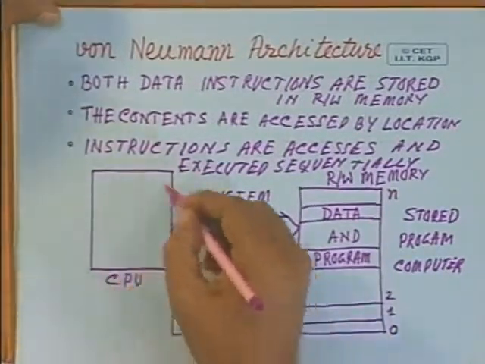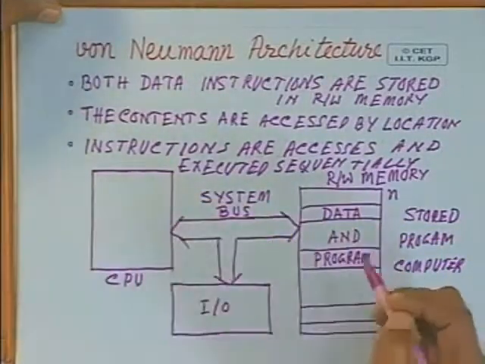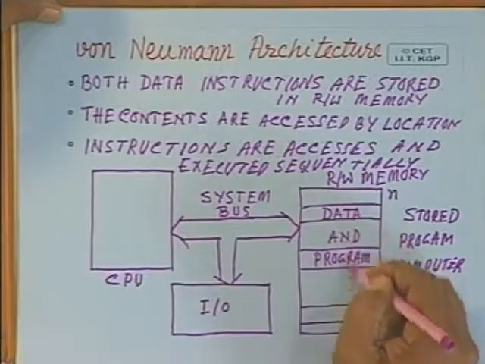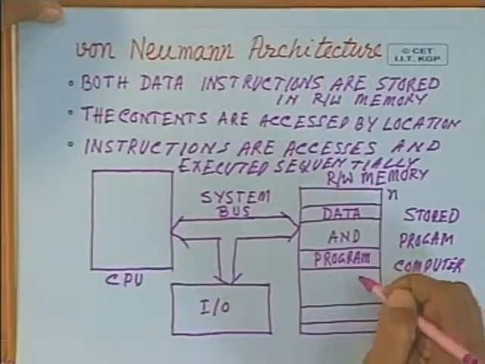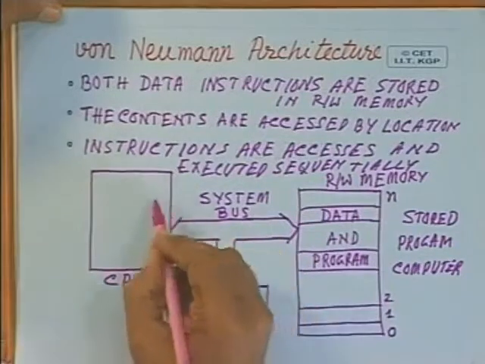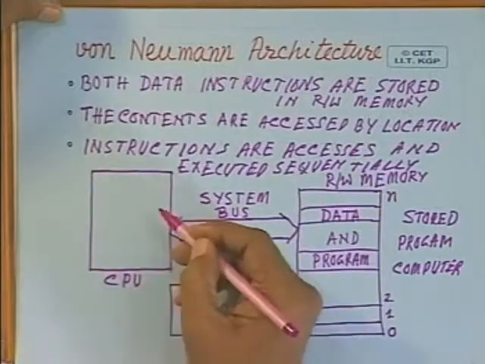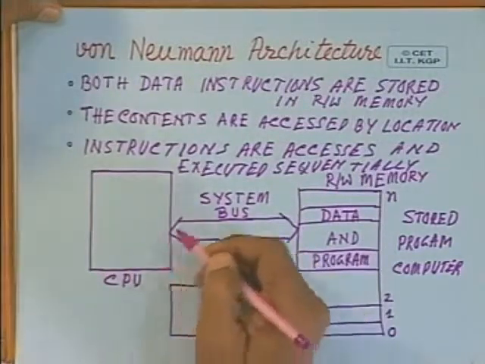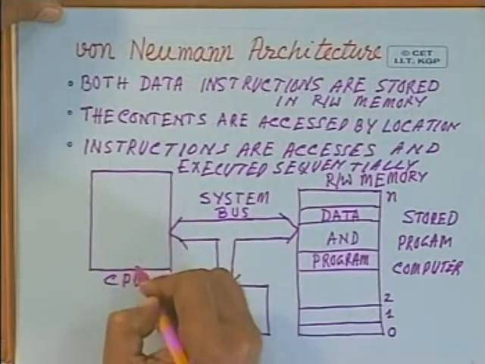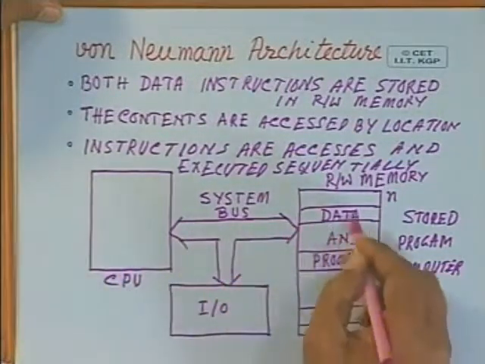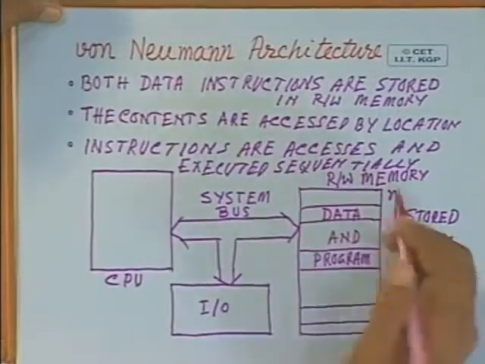Now, the central processing unit is responsible for sequentially fetching instructions and data from the memory and storing them temporarily inside the CPU and then executing them one after the other. The results may be stored temporarily inside the CPU or may again be stored back in the read-write memory itself. This is how the von Neumann architecture works. And a typical microprocessor is nothing different from this particular architecture.